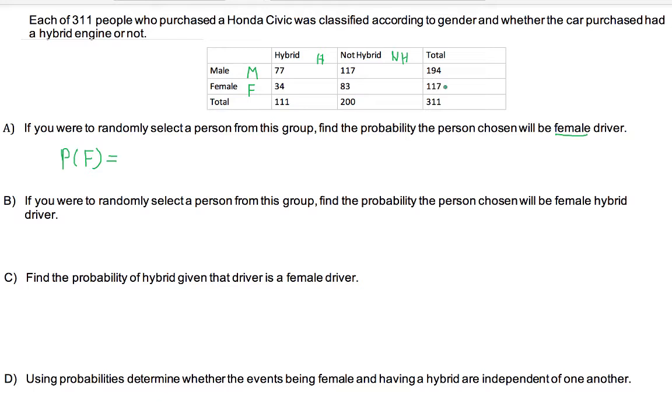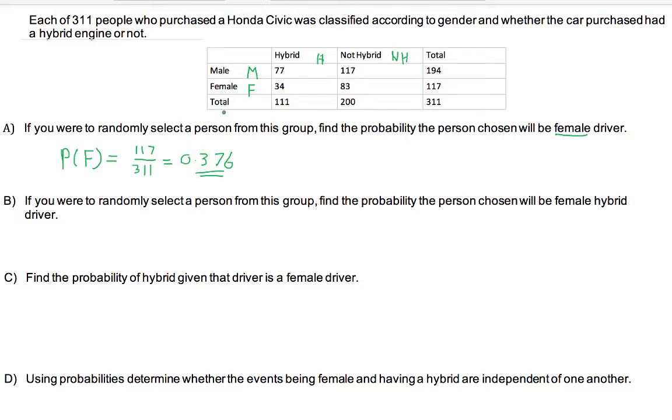How many females do we have? 117, divided by the total number of people. How many people do we have, or our sample size? 311. So this should be